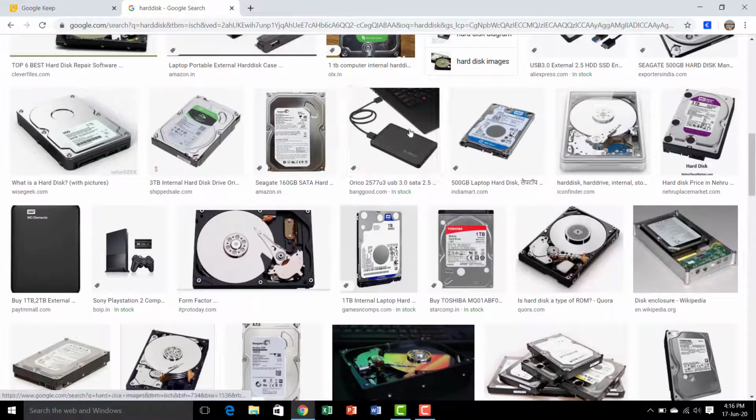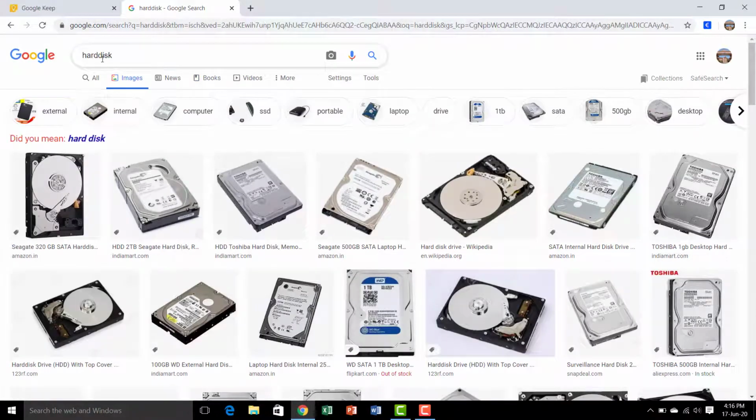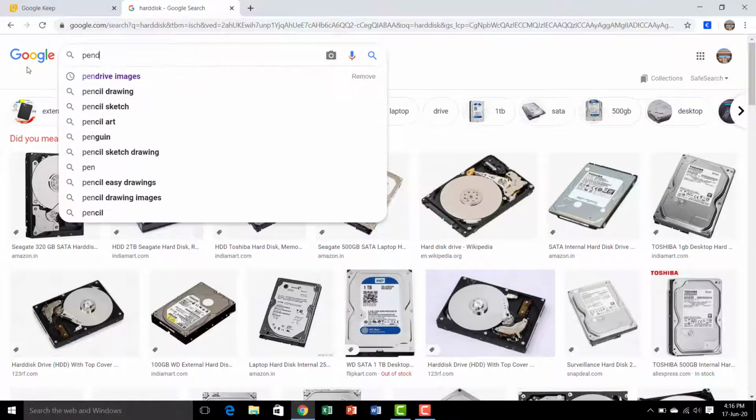These are external hard disks, which you can attach outside the computer or CPU. And these are internal hard disks, which are automatically connected in a CPU. So these are the different storage devices. Another is a pen drive.